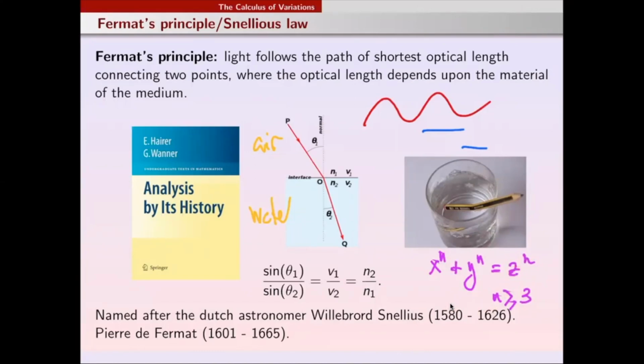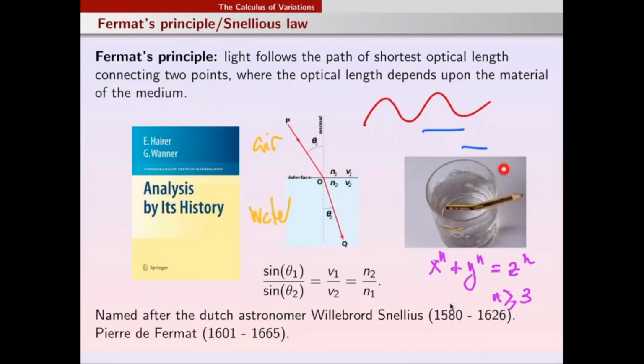The same Fermat said, oh, if this Snell formula is correct, it is certainly because the light, according to this principle of Euler, that in nature all processes try to be optimal, try to minimize or maximize some performance. What Fermat thought is that when you are dealing with the propagation of light, certainly the principle that the light is applying in order to move from P to Q along this broken line